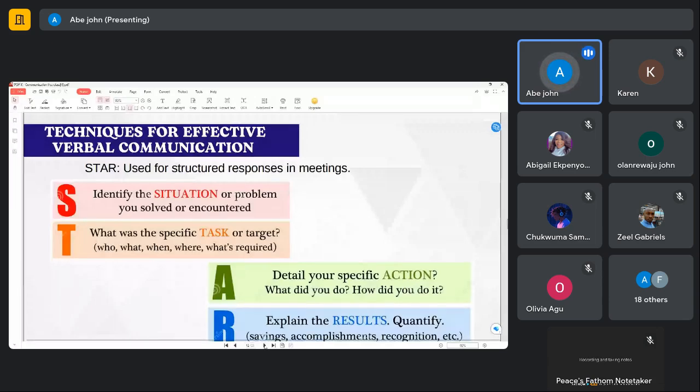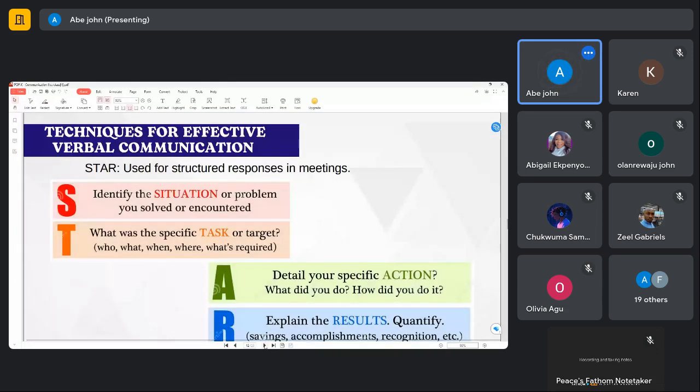For the S, you identify the situation or problem you solved or encountered. Then for the T, what was the specific task or target? That brings us to the who, what, when, where, and what's required.